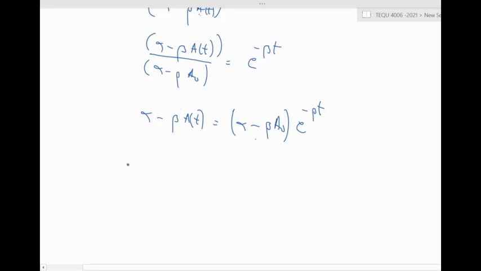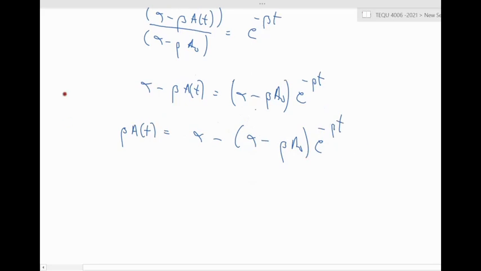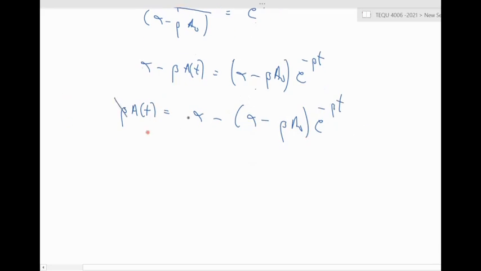So at the end, I will have something like this: beta A equals alpha minus beta A0 times e to the minus beta t. If I divide by beta both sides, I end up having that A finally is alpha over beta minus